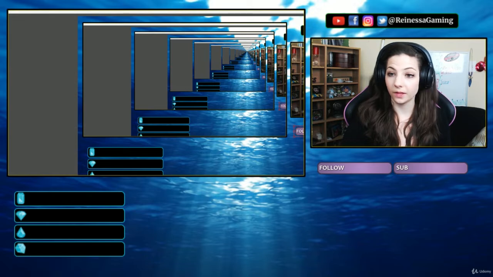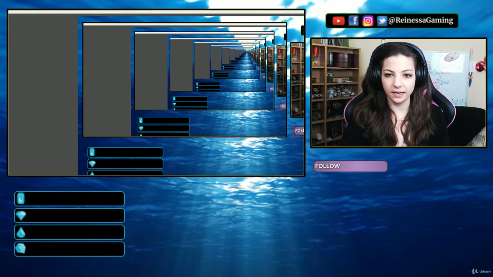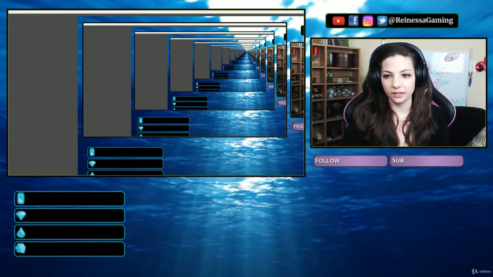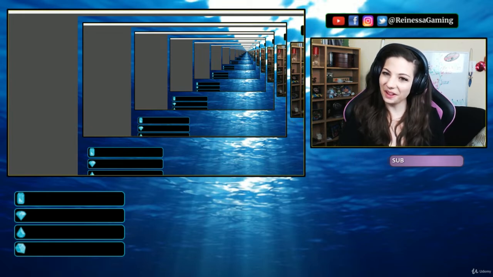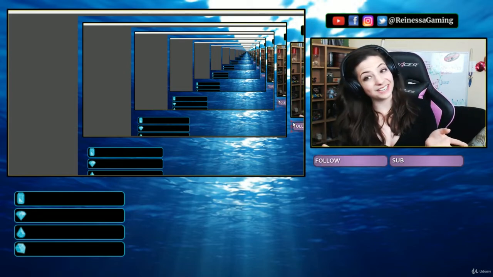of alt cropping. So how that works is I hold down Alt, and I click one of these bubbles, and I can completely cut out the subscriber section if I don't want to show subscribers here. Or if somebody has followed with an inappropriate name, I can cut out the follower section if I need to. So alt cropping, we've mentioned it before, but I just wanted to remind you guys, it is a very, very